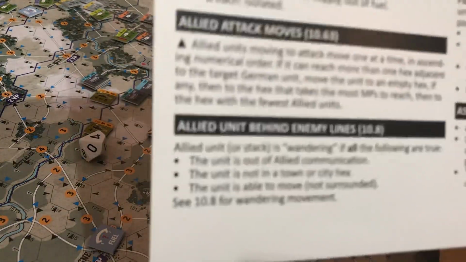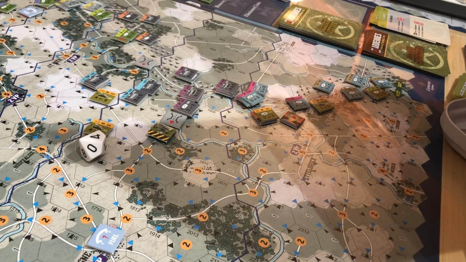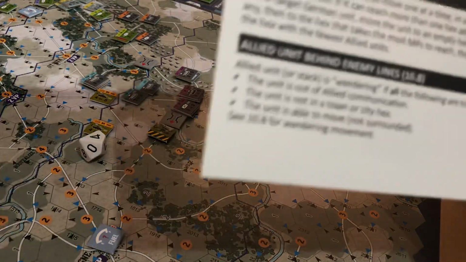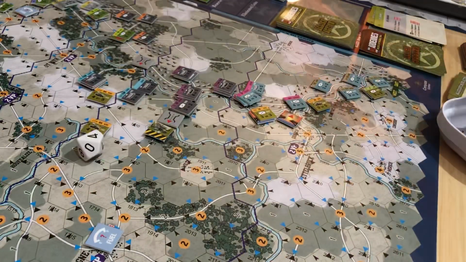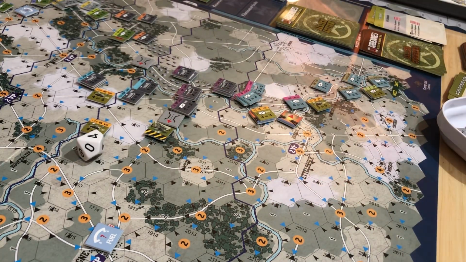Okay, so this one says a German unit may not enter a hex with a roadblock at any time. So if a German unit starts an activation adjacent to a roadblock, if it was in supply or in a VP hex, we roll a die. Okay, this only happens though if you're activated. And we're not going to be activated because we just activated that whole corps. So the, what is that, the 57th? XL, no, that's 40. 47th, and the LV is 58th, or 53rd. So the 53rd corps